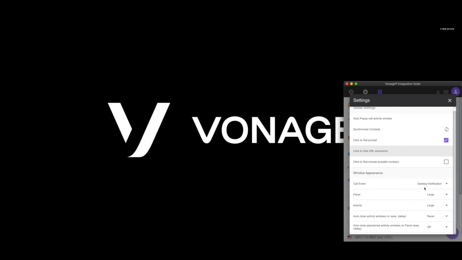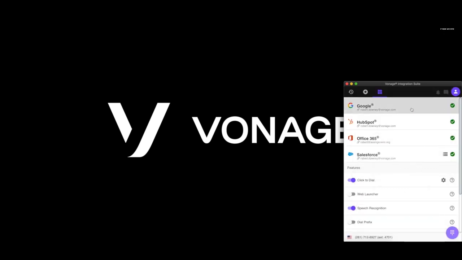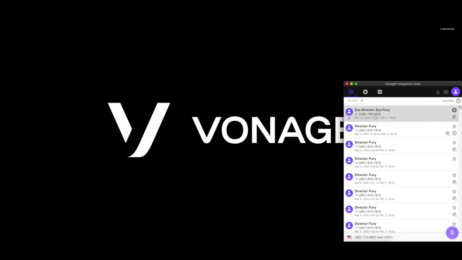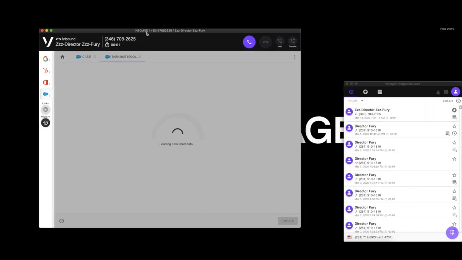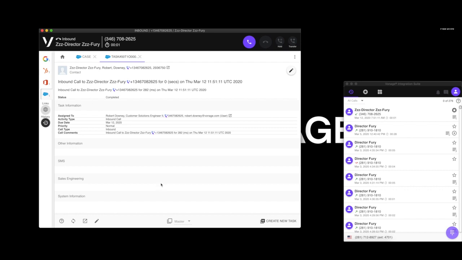There are several other ways that you can modify the system, such as changing how large the panel is, how large the pop-up is, and auto close activity windows are some of the examples. The window itself for the call pop can actually be modified as well. So the fields that you actually see here on the screen can be modified by your administrator so that you see the fields that you need for your department or organization. We'll touch on that more when we go to the administrative window.